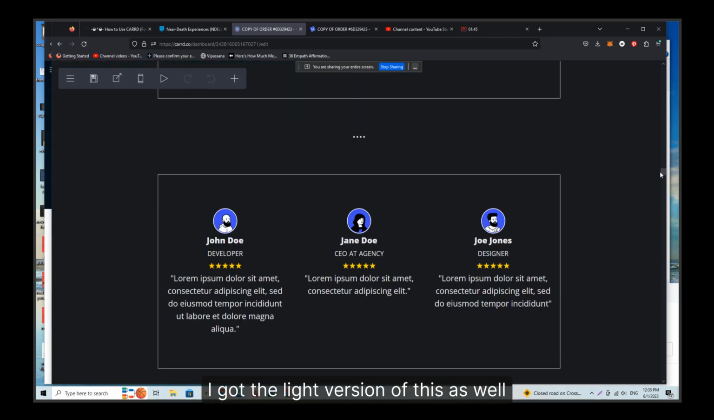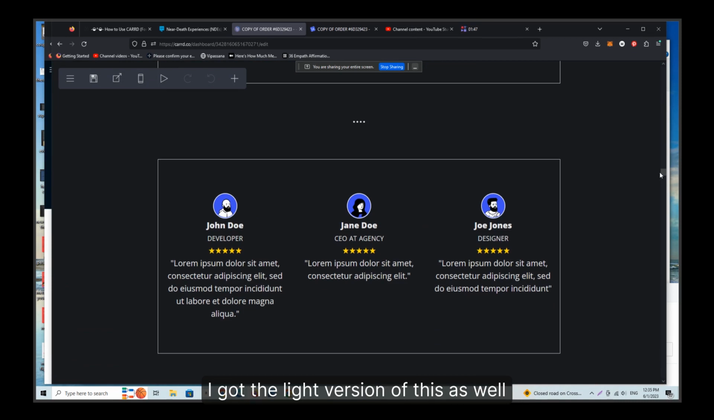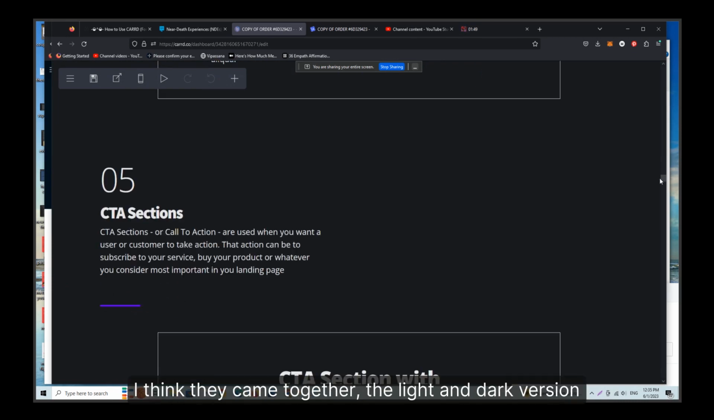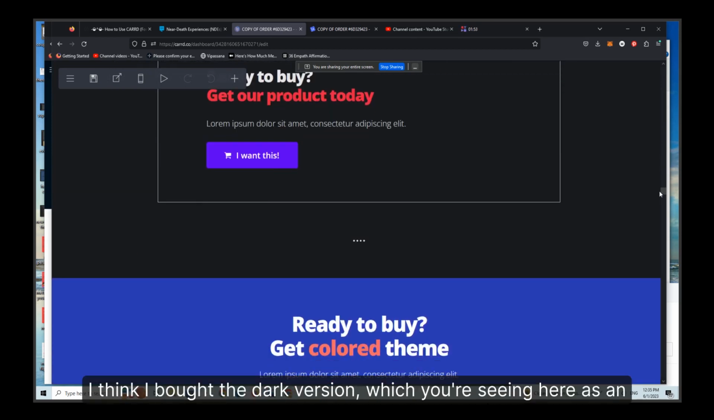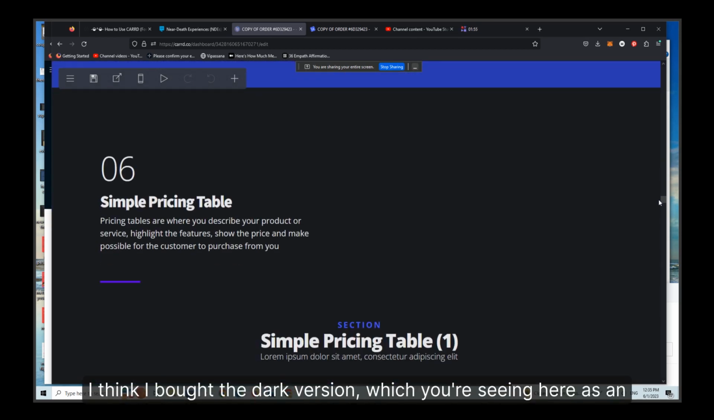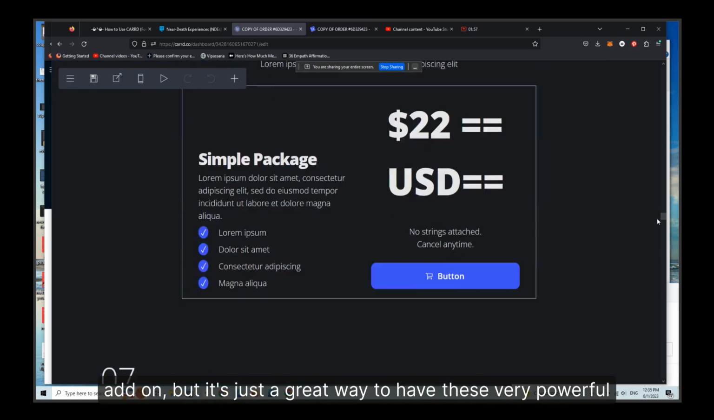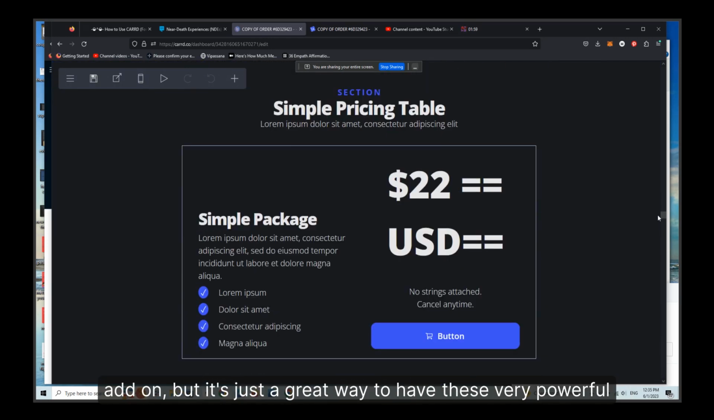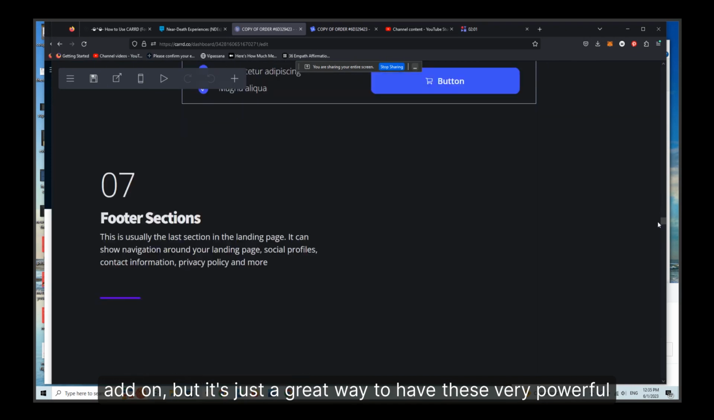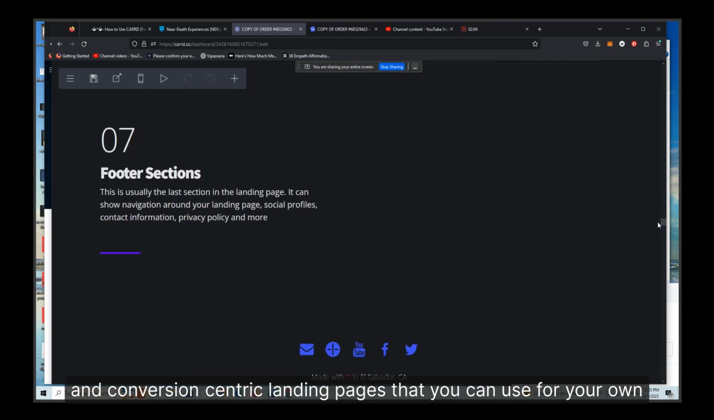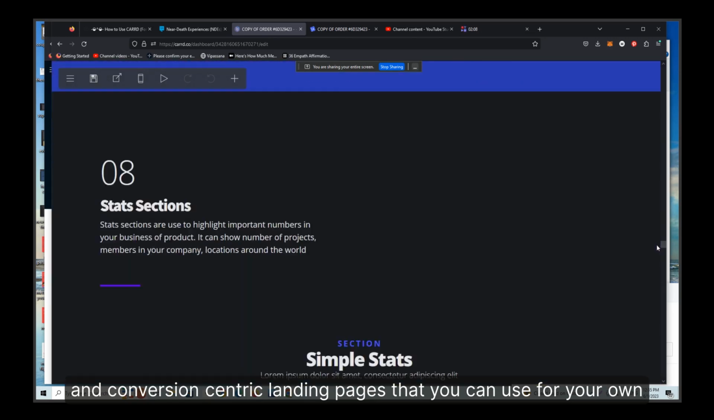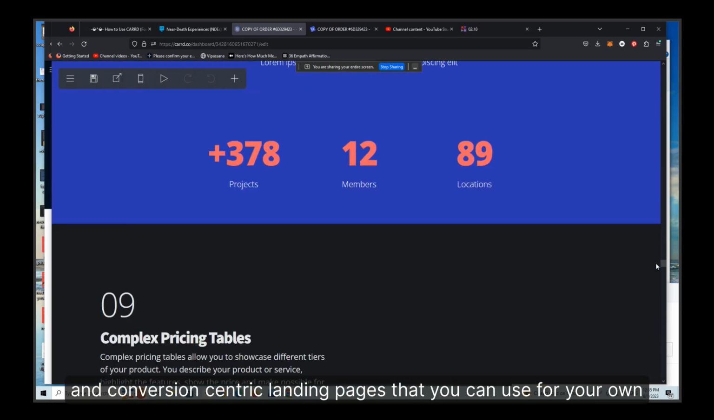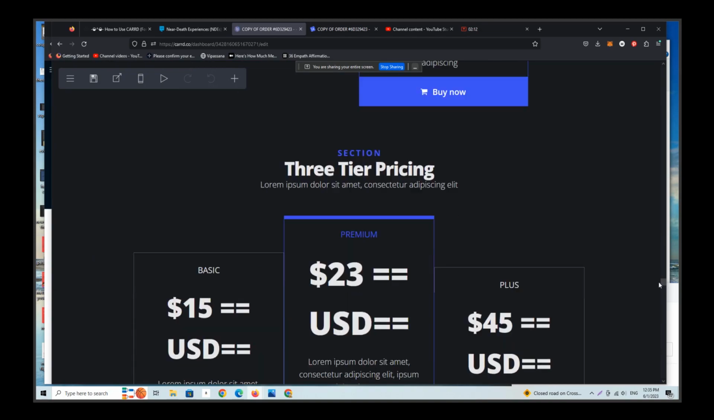I got the light version of this as well. I believe they came together, the light and dark version. Actually, I think that's not true. I think I bought the dark version which you're seeing here as an add-on, but it's just a great way to have these very powerful and conversion centric landing pages that you can use for your own business, or you can, ostensibly